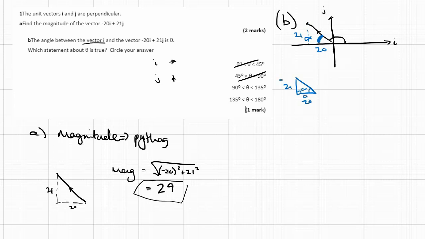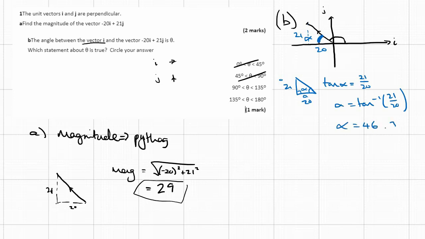Opposite, adjacent, it's going to be tan. So tan of alpha equals opposite over adjacent. We want to do inverse tan of that. So when I do inverse tan of 21 over 20,